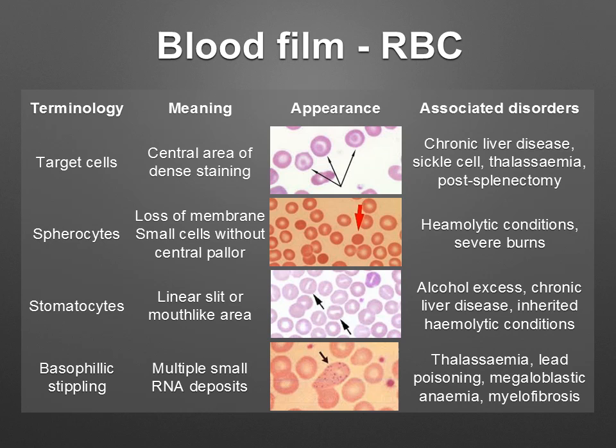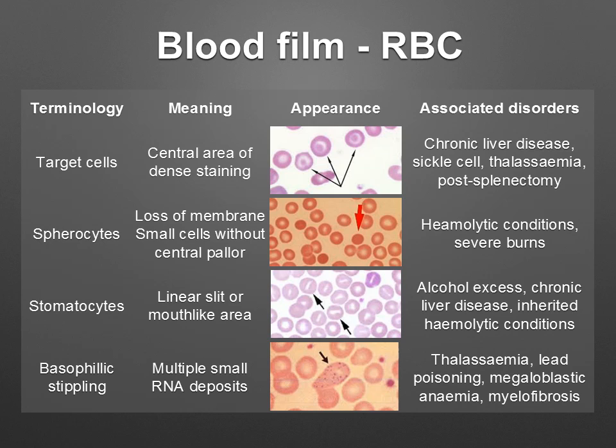Spherocytes, associated with hemolytic conditions, essentially. That's where you get this loss of the cell membranes, loss of the membrane structure, and you get small cells which don't have the classic central pallor of a red blood cell. Stomatocytes have this linear slit, or this mouth-like structure, and you often see that in liver disease, alcohol excess, or